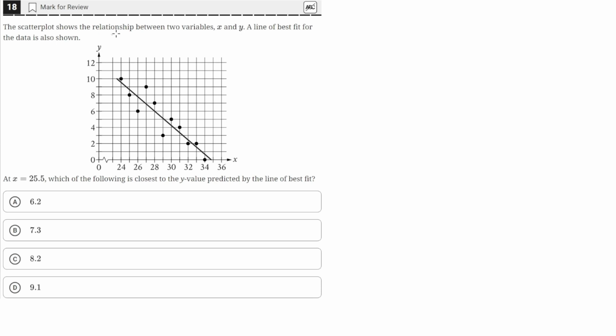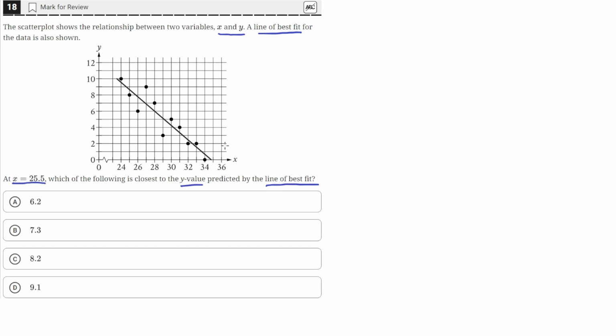A scatter plot shows the relationship between two variables, x and y. A line of best fit for the data is also shown. At x equals 25.5, which of the following is closest to the y value predicted by the line of best fit? So we need to find the y value on the line of best fit at a value of x